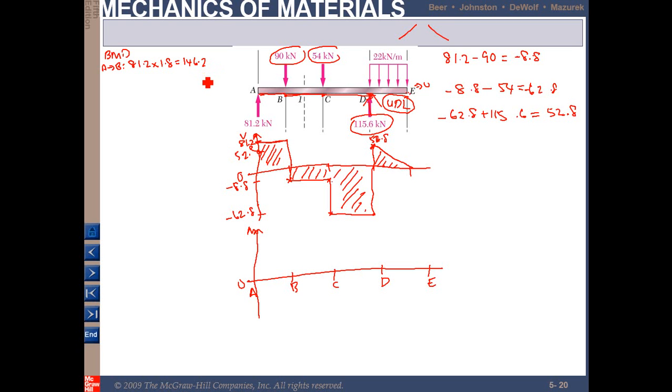Okay, so this is 146.2, and then from B to C, the bending moment is equal to, because this is minus 8.8, minus 8.8 times the distance, which is 2.4 from B to C, so it is equal to minus 21.1. So this is equal to minus 21.1 kilonewton meter. This is kilonewton meter. And then from C to D,